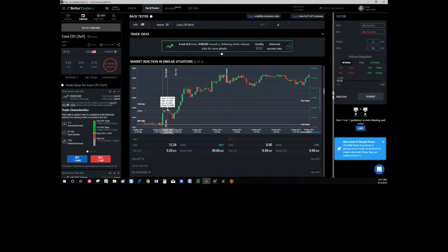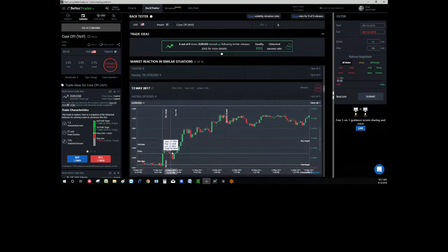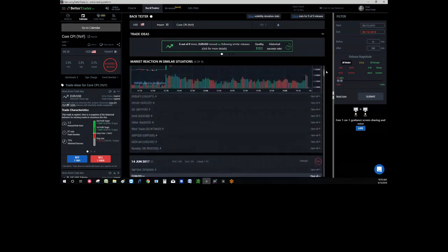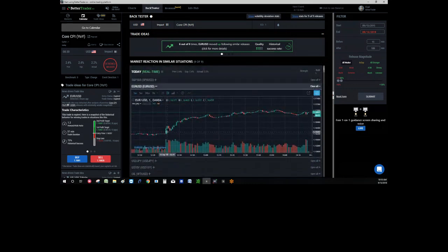By the way, this pattern, it's exactly like today. After several minutes, the market went down a bit, and then there is good opportunity to get into the market this time. Here is the release. Here is the better opportunity to get in, and that's exactly what happened today. Here is the release. Here is the better opportunity to get in.